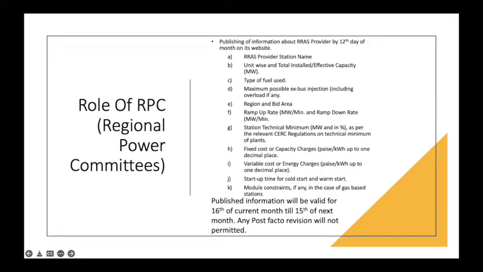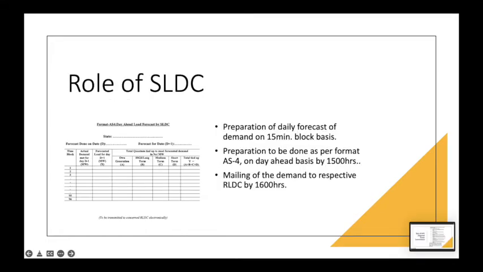Next, we will talk about the role of SLDCs in RRAS. The SLDC plays an important role in RRAS. As per the Indian Electricity Grid Code, the SLDC will prepare a block-wise daily forecast of demand. Now, this demand preparation will be as per format AS4, which has been shown on the left hand side of this slide, and the information will be made by 1500 hours of the current day for the next day, that is on a day ahead basis,